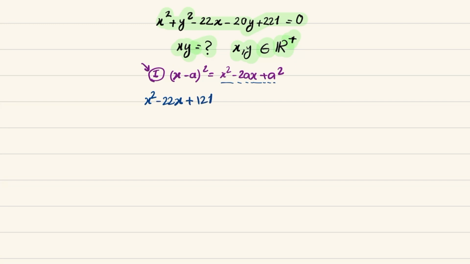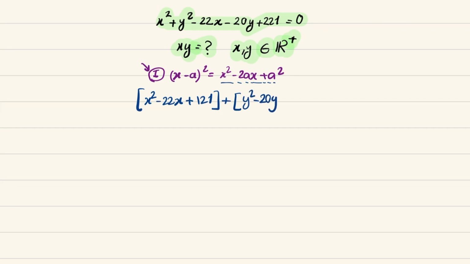So this is one term that I write, and plus, now I got rid of x squared minus 22x and I will go to the other terms that are related to y,